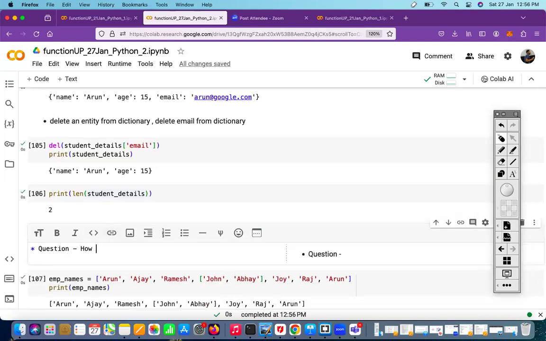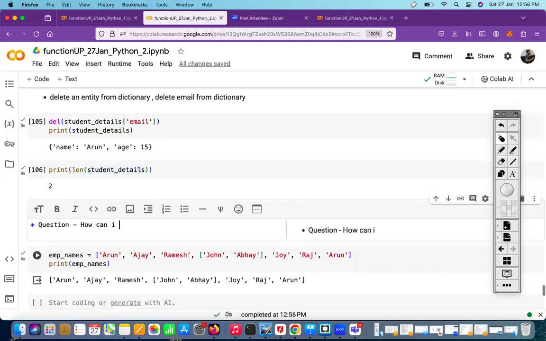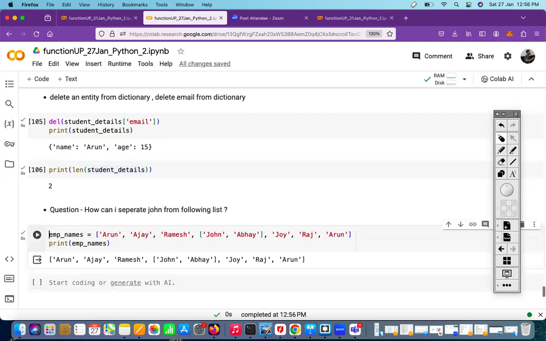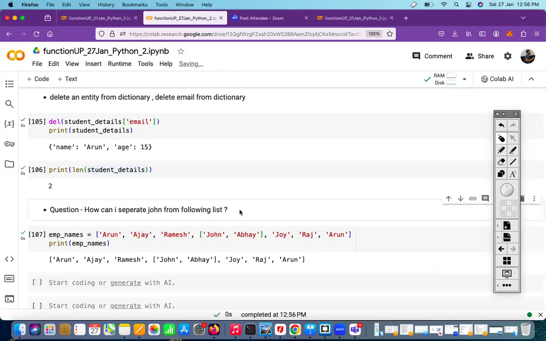How can I separate John from the following list? कैसे सेपरेट कर सकते हैं जॉन को इस लिस्ट से, राइट? लाइक फॉर एग्जांपल इफ आई वांट अजय, राइट? सो यहाँ पे अजय के लिए क्या करेंगे हम? इंडेक्स वन. ओके, फॉर एग्जांपल